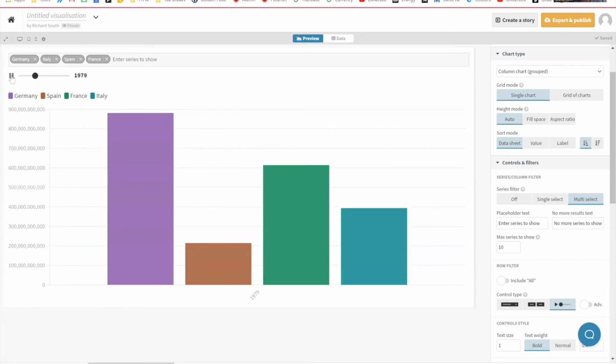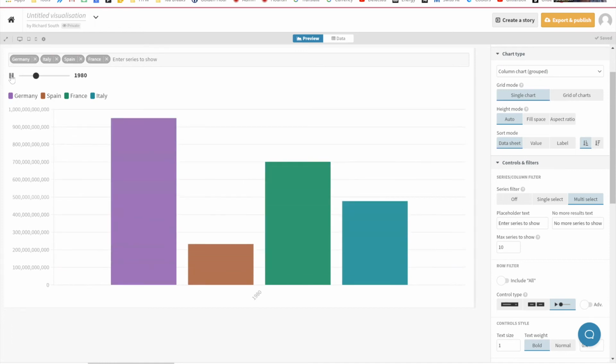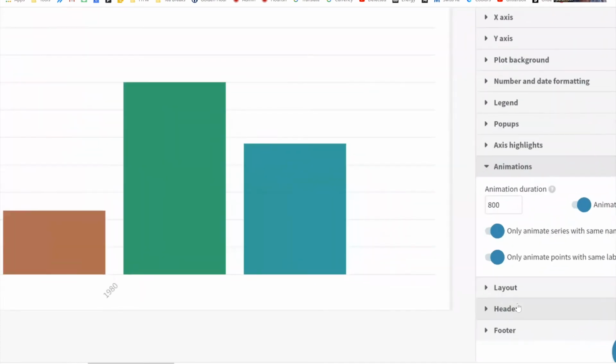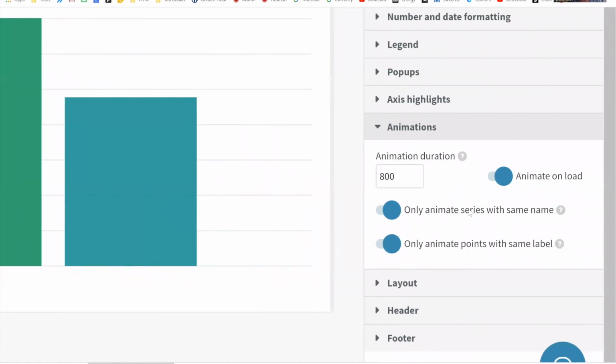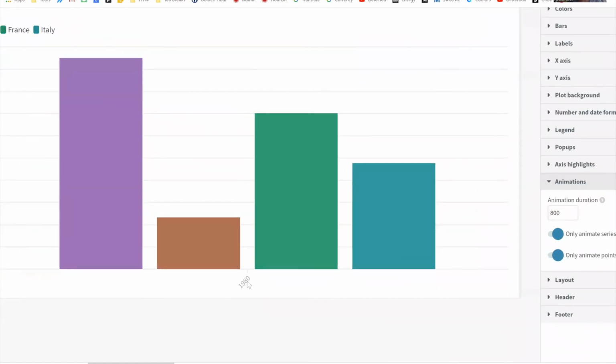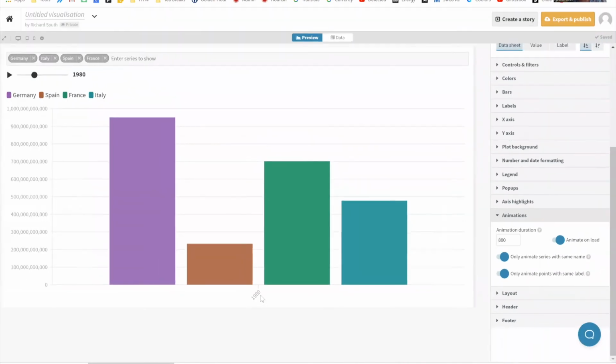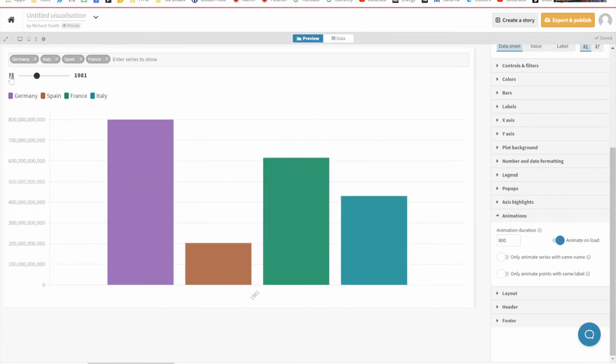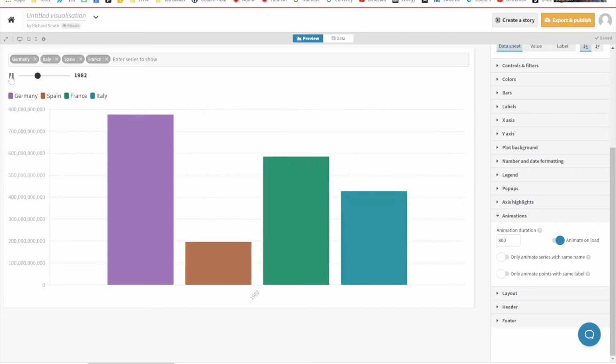And as I do play, you'll see that this is actually a little bit jerky. So I want to take this opportunity to introduce you to some settings for animations down here. It's preset so that we only animate series with the same name and points with the same label. So the issue is here, this is changing. Flourish isn't seeing this as the same thing, so it's changing 1979, 1980, and so on. So if I just turn those off and now hit play, we should see we get a much smoother animation